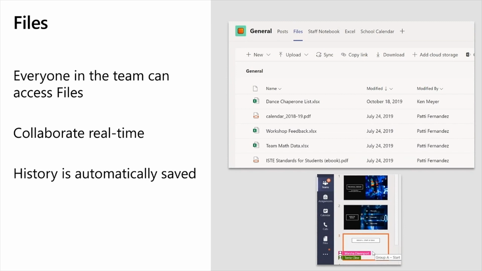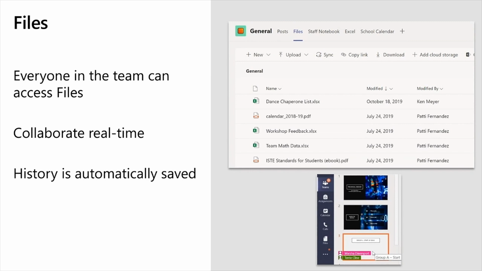You can collaborate in real time. So you could open that top Excel sheet and everyone could collaborate on that particular sheet and be able to use it and make changes to it. And those are automatically saved, and there is also an element of tracking that will go on in there as well. But it allows you to collaborate in real time, and I mean real time with a number of students at any one time.